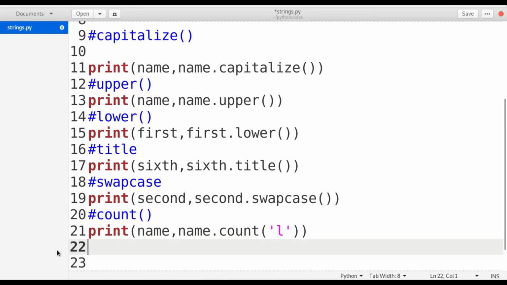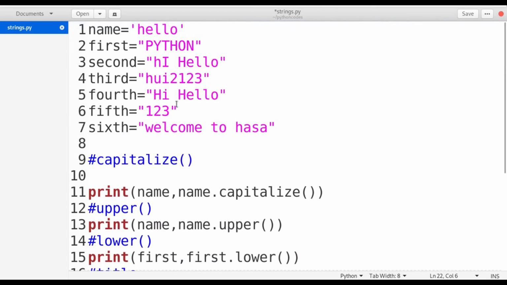Another one is ends with. Whenever I am taking a particular string, I may need to check whether it is ending with something or starting with something. This is where we can use it. Suppose I am checking an email in a string, I am going to check whether it ends with .com or not, whether it ends with gmail.com or not. In real time I am going to use it like this also.